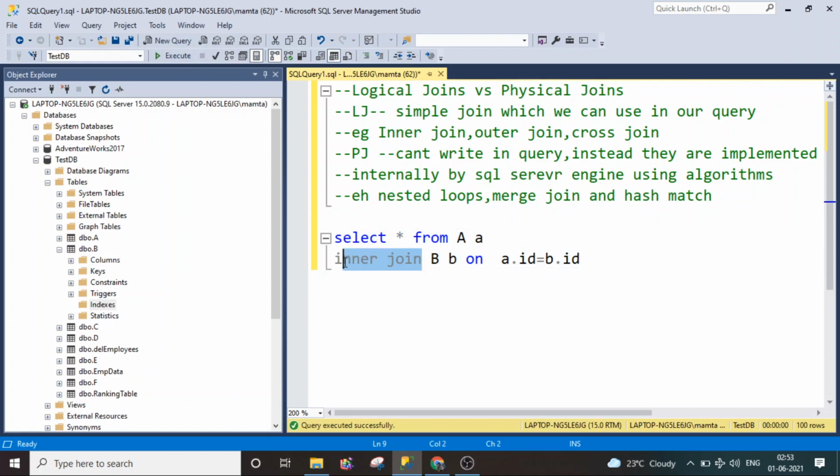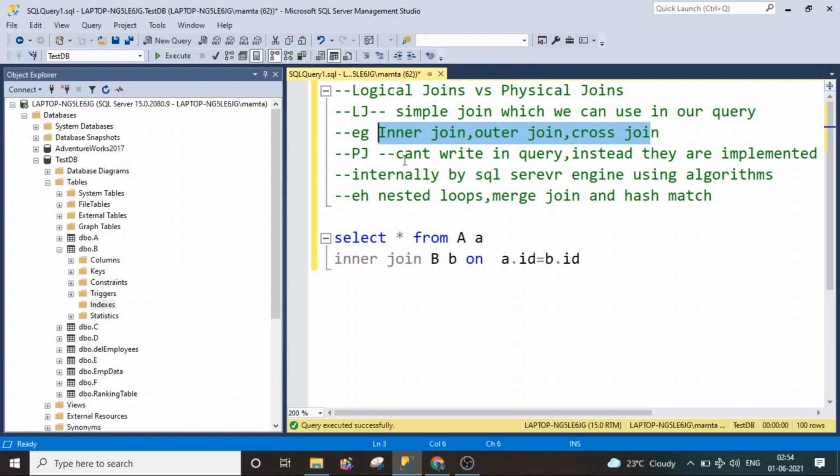This is nothing but a logical join because we can write it in the query. Similarly, examples of logical joins are inner join, outer join, right outer join, left outer join, and cross join. These are all logical joins which we can use while writing the query.